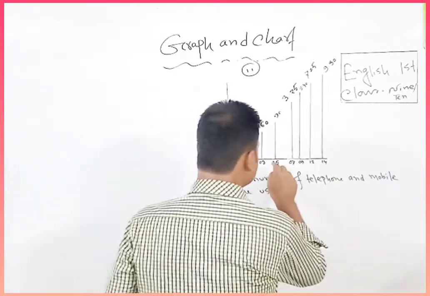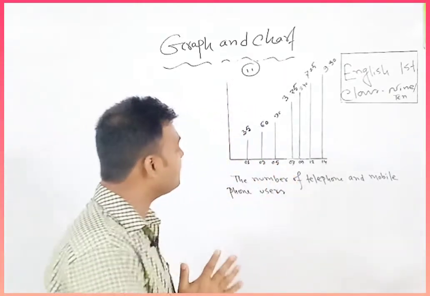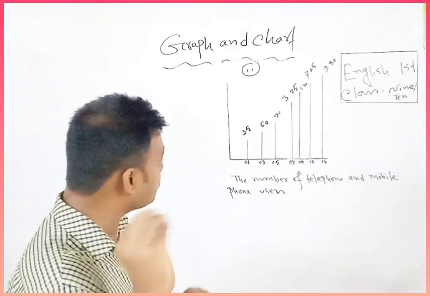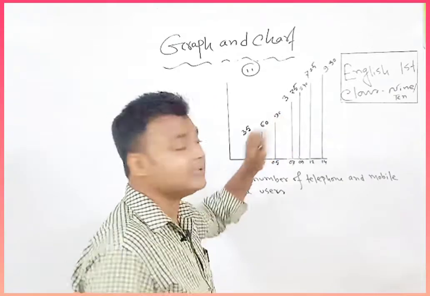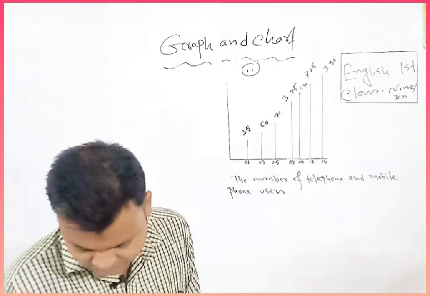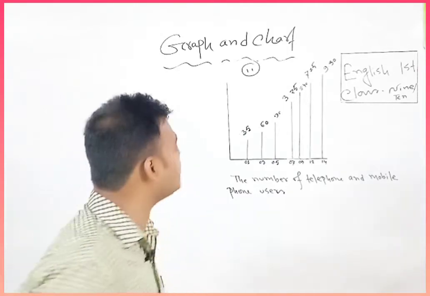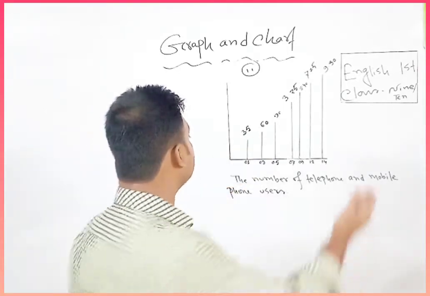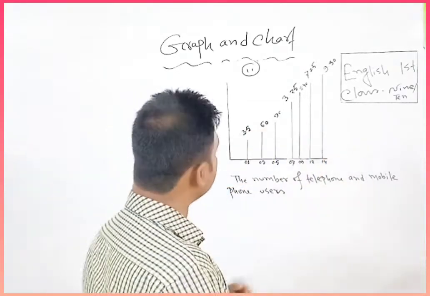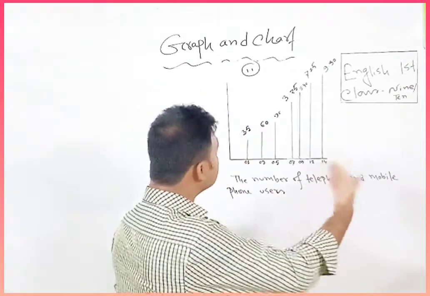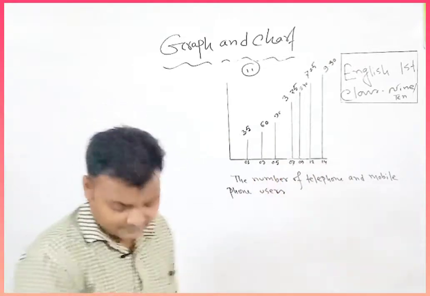Then in 2005 the number of telephone and mobile phone users were 0.90 crore. After that the rate increase was almost the same in the next 2 years. তার মানে আমরা প্রিভিয়াস ইয়ারে যে রেটটা দেখেছিলাম সেই রেটটা প্রায় একইভাবে ইনক্রিজ করছে।